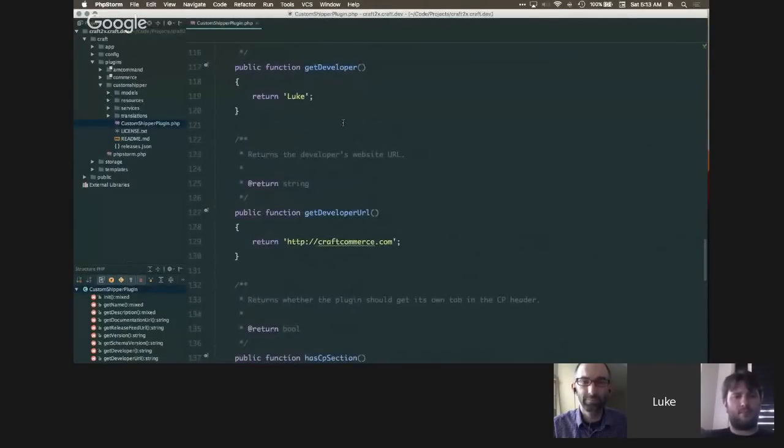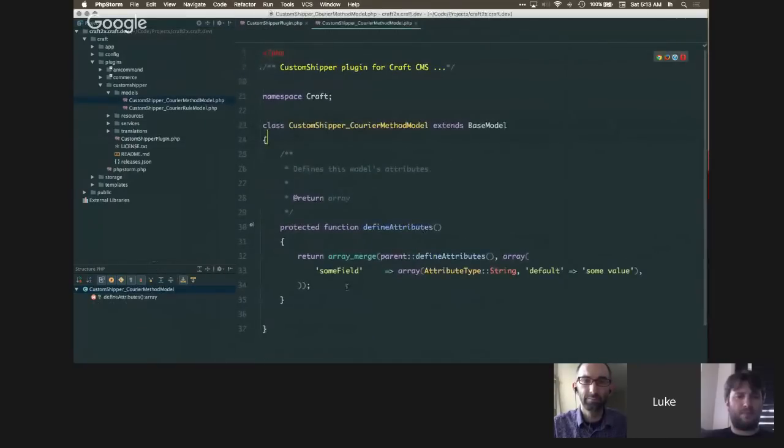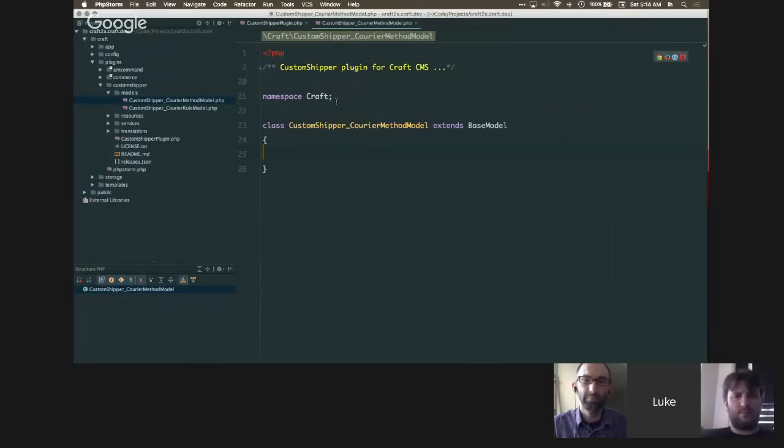So the first thing we're going to do to create our shipping method is to jump into our shipping method class. So there is our shipping method. It came with default attributes. We're not going to need that. I can remove that. So this is just a regular Craft model, extends base model. But what we're going to do is say that it implements